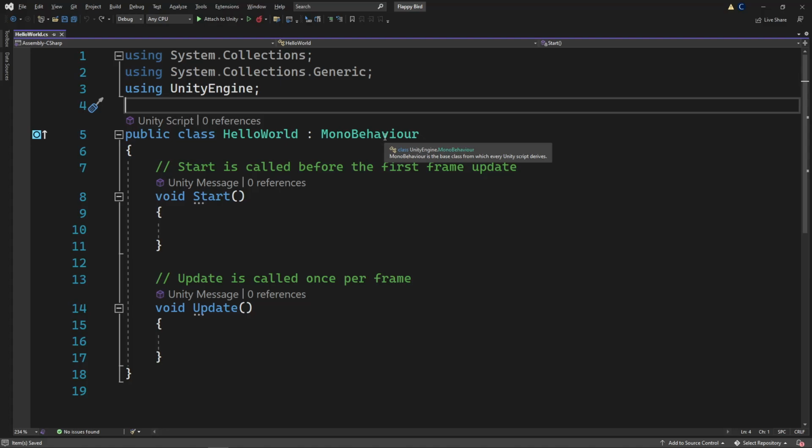So for HelloWorld, this is our new component that we made. Everything inside of these belongs to HelloWorld. So there are two functions, start and update. These belong to HelloWorld. And same thing with these functions. I'm going to talk about these in a second, but there are curly braces right here. Anything inside of these braces belongs to start, anything inside these belongs to update, etc.